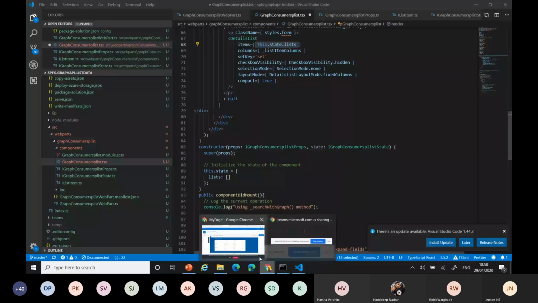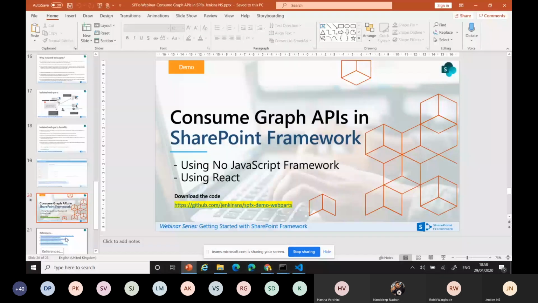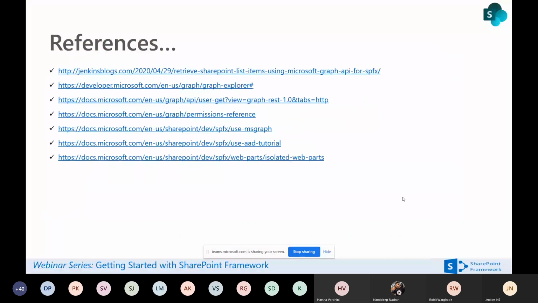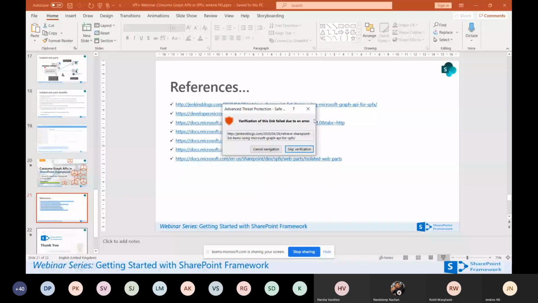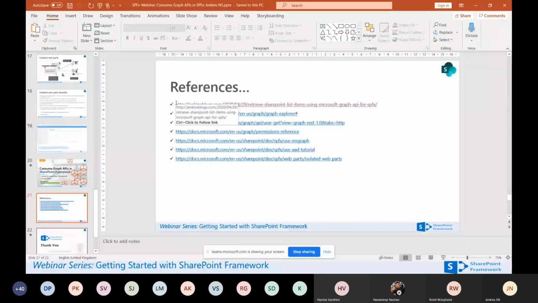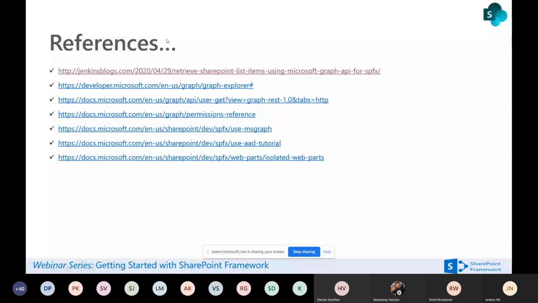Yes, I'll go back to my screen. Okay. Here I added all the references. I wrote the same thing in my blog also. You can see all the steps, because somebody may be unable to understand immediately. One second, I'll copy the URL. You can see all the step-by-step activity here.